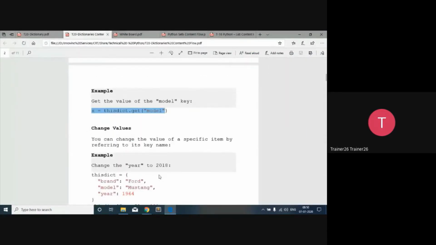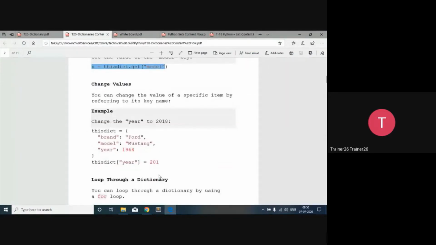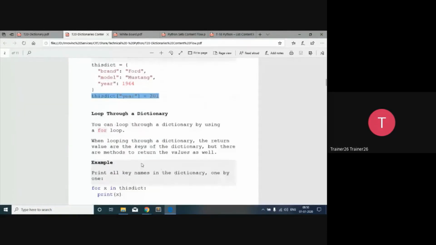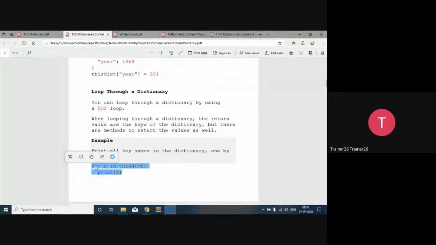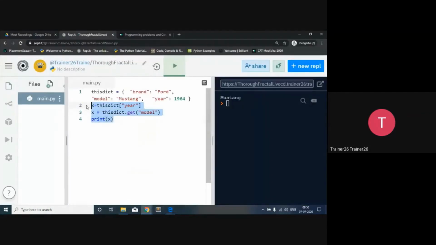Now the next fundamental is, if you want to change a value, we already saw how to change a particular value. Now what is possible, and the confusion is always, that कि dictionary के साथ आप for loop नहीं कर सकते, but यहाँ possible है. With the help of dictionary you can use the for loop, but यहाँ 2 से 3 चीजें याद रखने की. जब आप simple dictionary के साथ में अगर आप for loop use करते हो, for example, this is your dictionary, and with the help of dictionary we are trying to access this for loop, and I'm going to say X in a dict string.